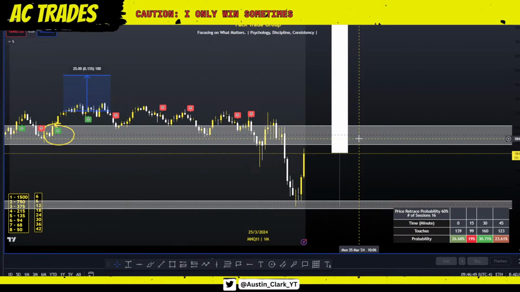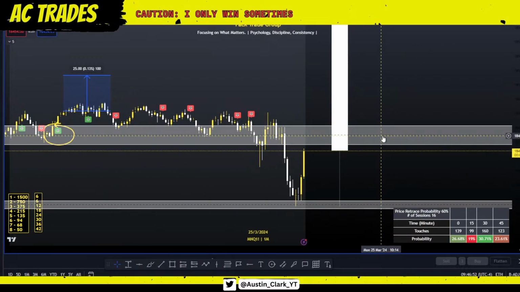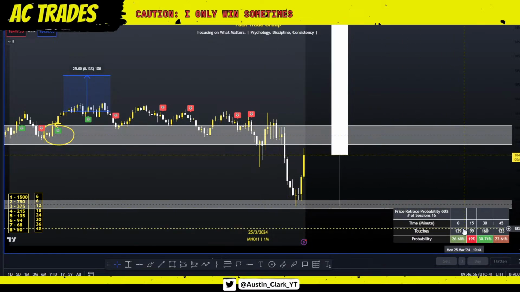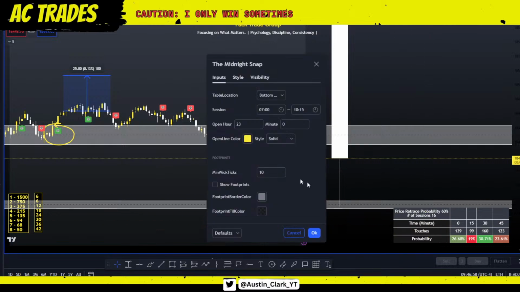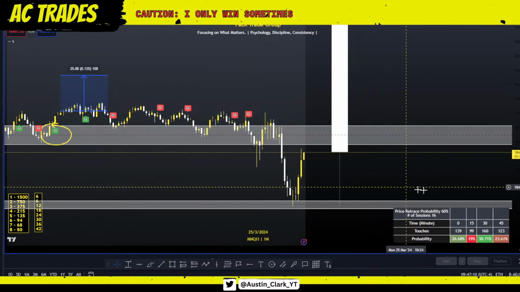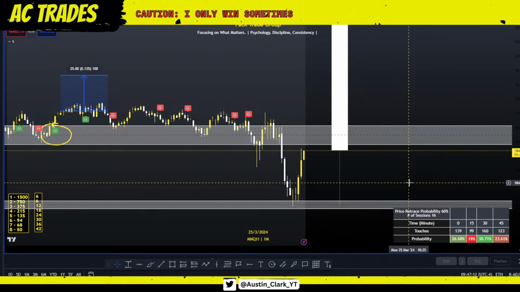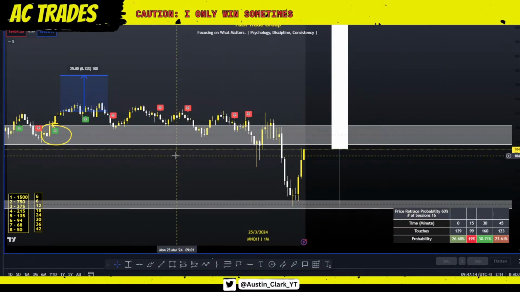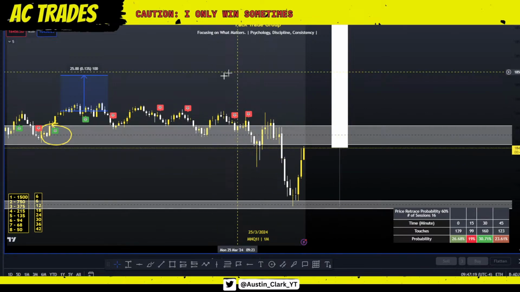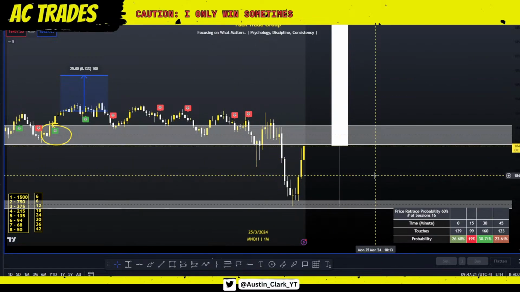Just like how we drew them here. I drew these literally just from me seeing them on the charts, right? And look where price came and stopped to. But I don't need them on. But you can turn it on. I would say a minimum of like 100. You can click show footprints here, and it takes about 10-15 seconds to load, and then it'll show that. And then you can just trace over them, so that way you get the 1 hours printed on the 1 minute.